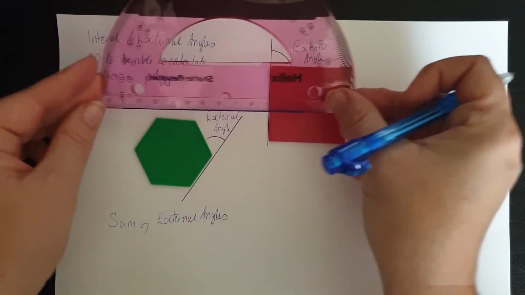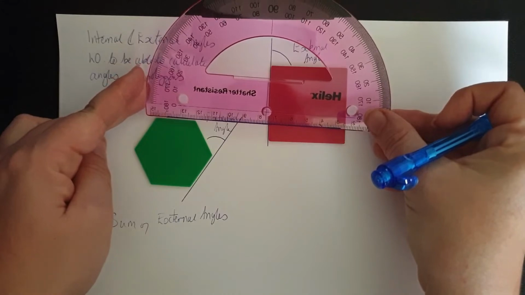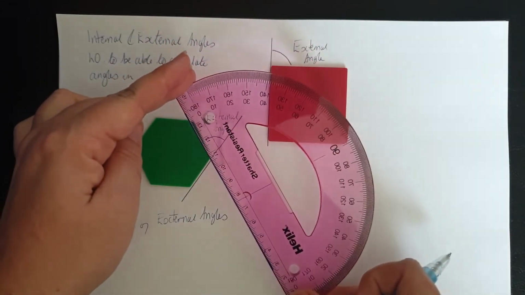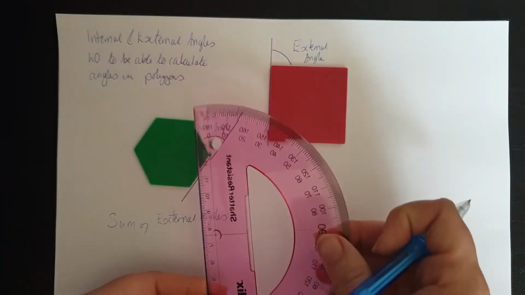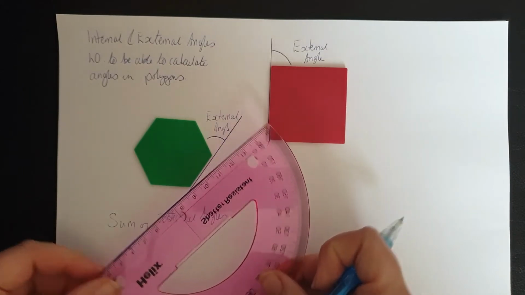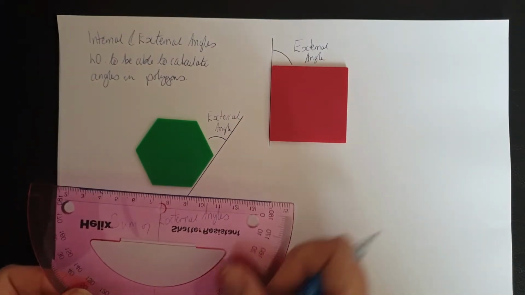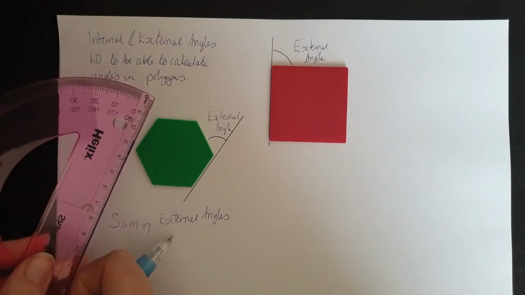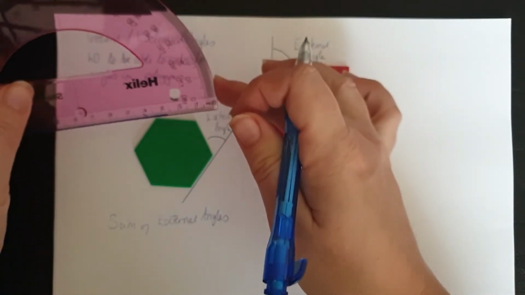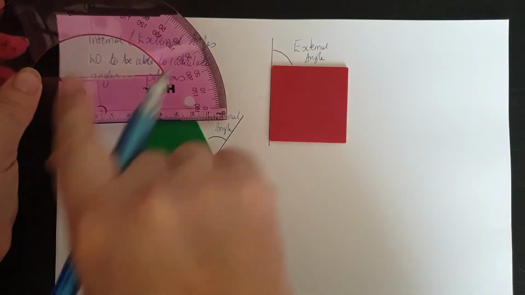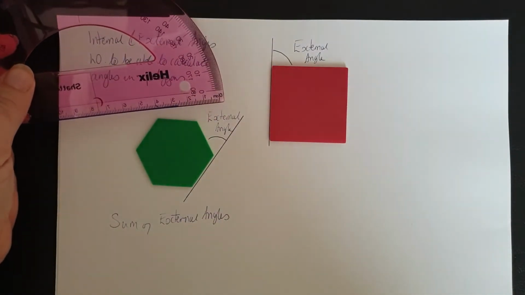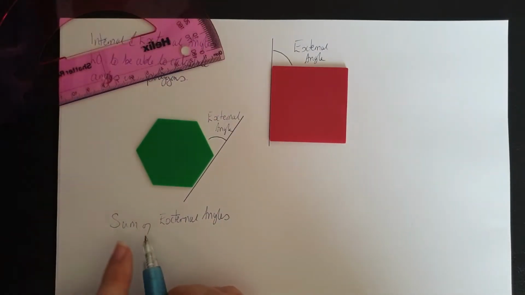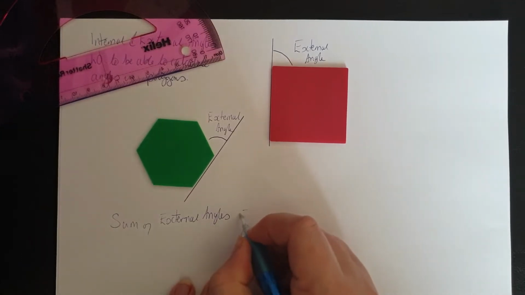Again, if we do it with the hexagon, you can see that as I go around the shape, the protractor twists, and by the time it gets back up to the top, it has twisted round a full turn of 360. So we know the sum of the exterior angles is